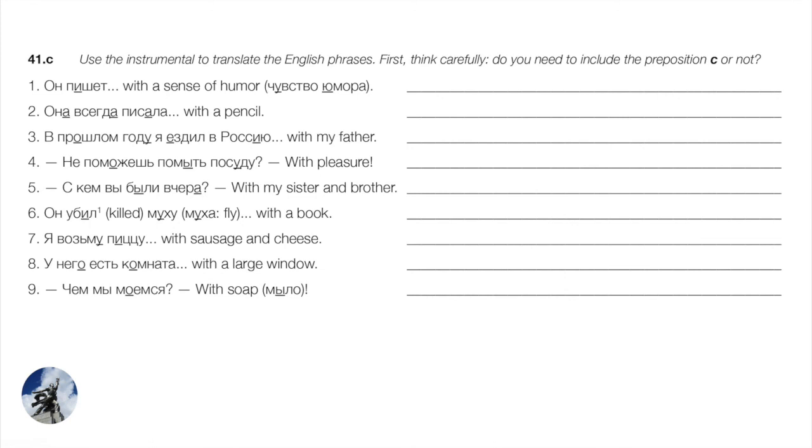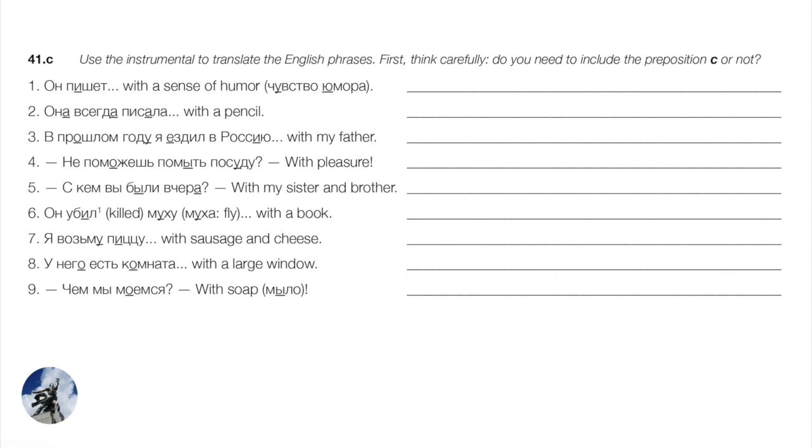Number three, last year, I made a round trip to Russia with father. Now remember, we assume you're not running off to Russia with other people's fathers, right? So we don't really need a мой here. Okay. В прошлом году я ездил в Россию с отцом. С отцом, right? And stressed noun. Or с папой, right? If you want to say with dad, с папой.